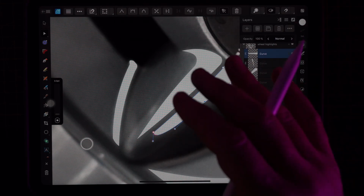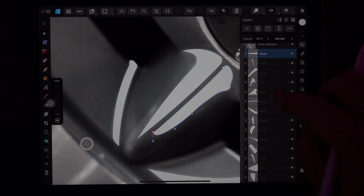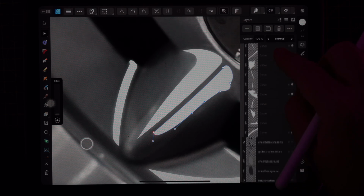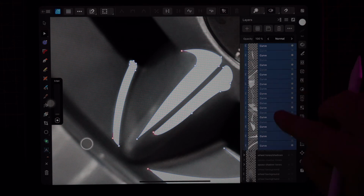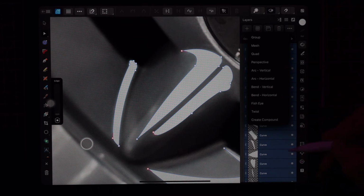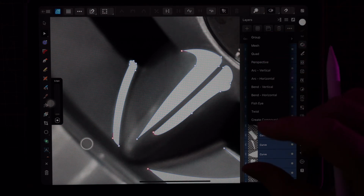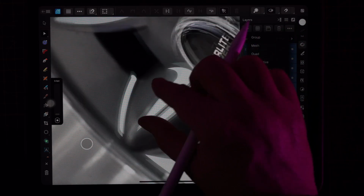So assuming that this wasn't grouped together, this is why it's important if you do it all in one go and you keep adding new curves, new layers, they'll at least all be together, which makes it a bit easier. So the top one selected, come down to the bottom one, use 2 fingers and tap on that, and that will select the whole lot. Then we can go up here into group. I won't do it because it's already grouped. I'll make a subgroup, but tap on the group, it'll bring them all together. And then that's it. You just move on to the next one and work your way around the drawing